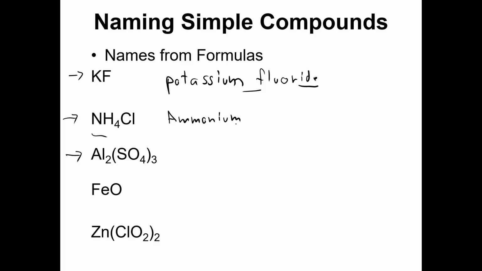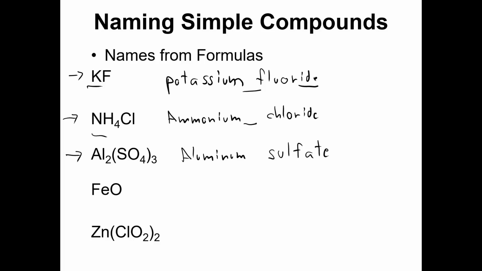You just give it the name of the polyatomic ion, space, and chlorine turns into chloride. Chloride. This is aluminum. And also consider if aluminum is going to have different kinds of charges, right? So find it on the periodic table and make sure that it doesn't get a Roman numeral. Potassium doesn't, it's in group 1, it's always going to have a +1. But aluminum also is always +3, so we're safe here. So this is simply called aluminum, and this polyatomic ion is called